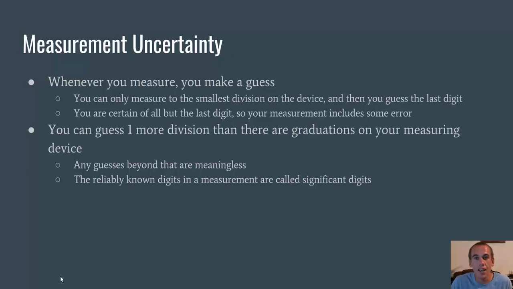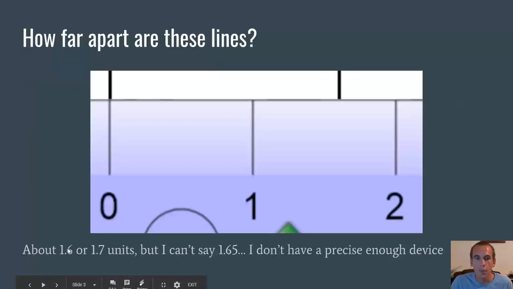But those digits at the end, the last one that you can guess, is still a reliable digit. It's what we call a significant digit, and we use it when we do mathematics with our measurements. We just have to make sure that we don't over-report our precision. Now, what I mean by that is if we have these two lines, this black bold line up here and this black bold line right here, and I want to know how far apart they are,